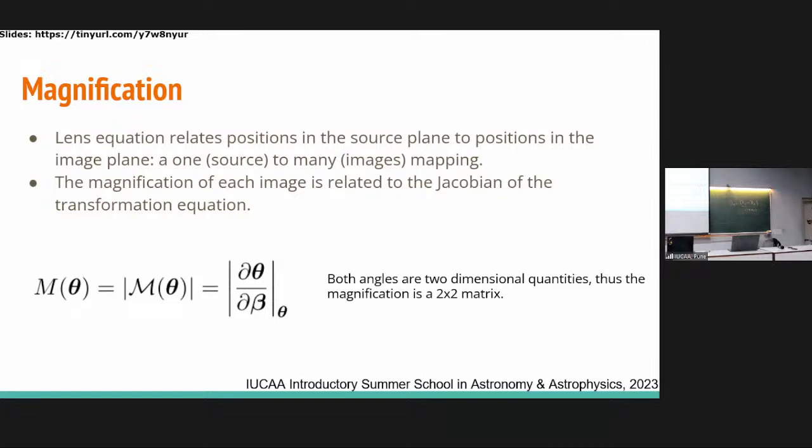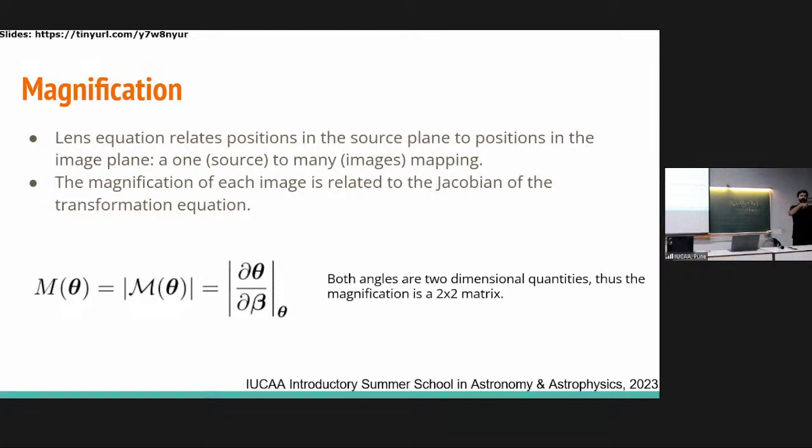So what you have to do is take differentials like this, where you're trying to calculate how theta, which is the image position, changes when you change beta a little. And you want to calculate this magnification at the location of each image. Now notice that theta is a vector, beta is a vector. So how do you take this differentiation? This means that there are 4 terms. There is theta x, theta y, beta x, beta y, or theta 1, theta 2, beta 1, beta 2. So now you get a matrix, which has 4 elements, del theta 1 by del beta 1, del theta 1 by del beta 2,